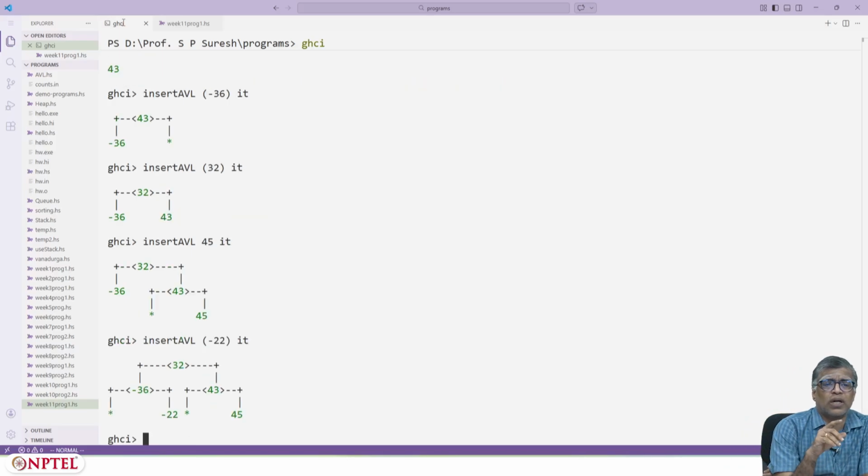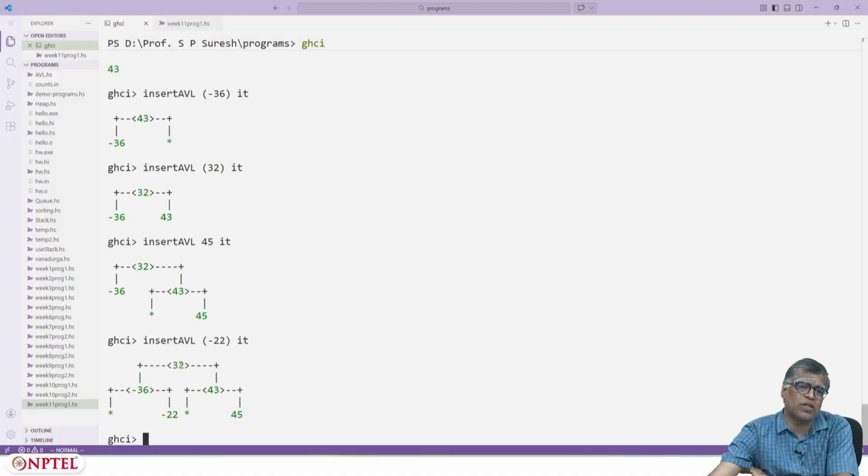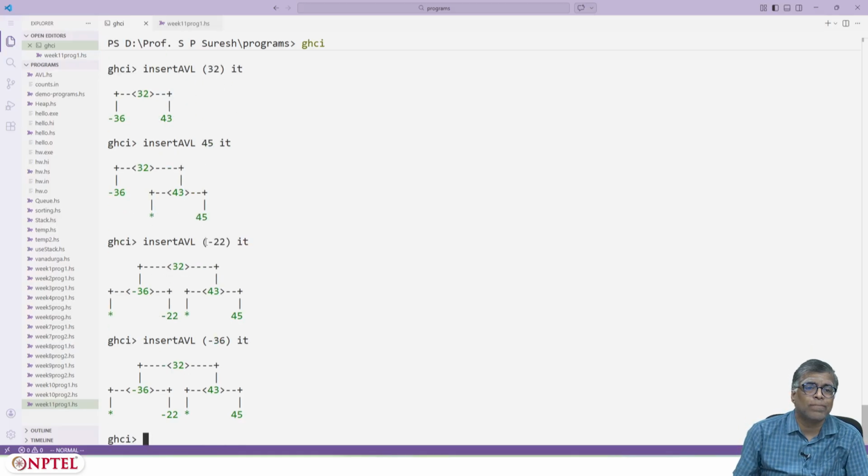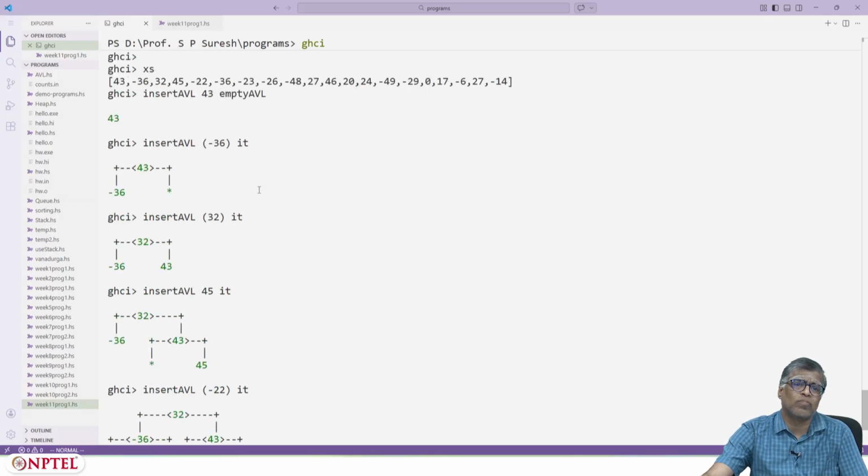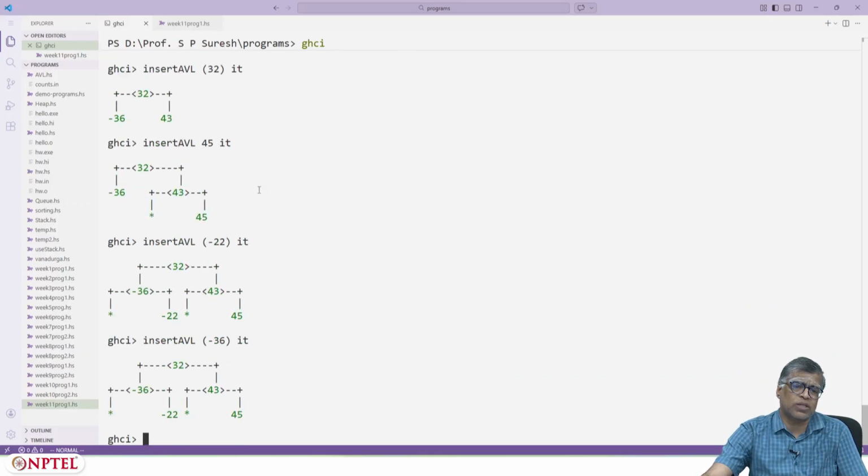Okay, so you see that it has not triggered any rotates. Minus 22 goes to the right of minus 36 and it's all fine, everything is fine. You still have height balance maintained. Let's see what the next element is. Minus 36. Minus 36 is a repeat, so it shouldn't modify the tree at all. Right, it doesn't modify the tree at all because it goes there and sees that minus 36 already exists, so it doesn't do anything. Minus 23 is next.